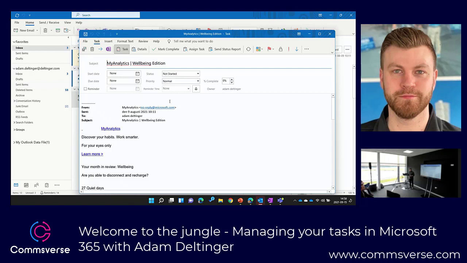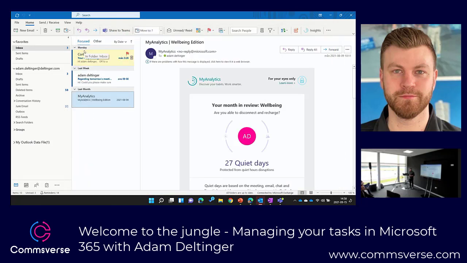Then you can change some status here, start date or due date, because the due date gets synced to To Do. But in this case, I'm just going to save and close, right? So by drag and dropping, instead of flagging an email in the Outlook desktop client, we now create a task in the default tasks folder in Microsoft To Do.